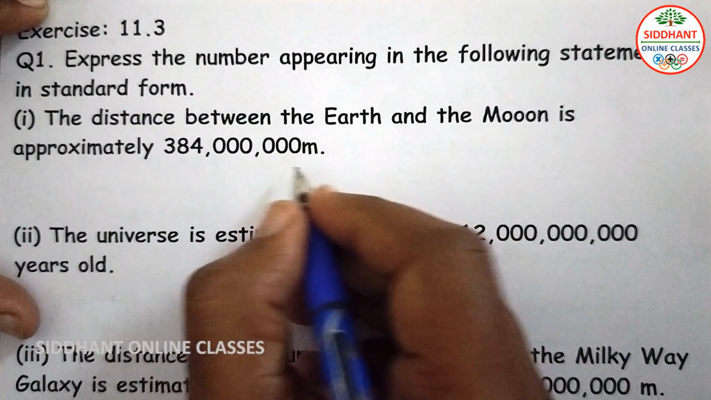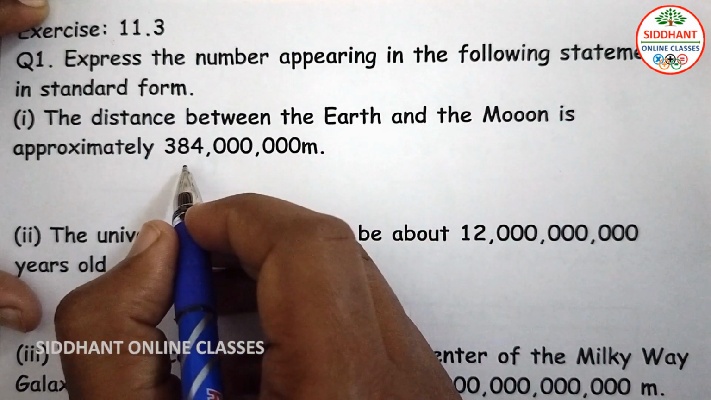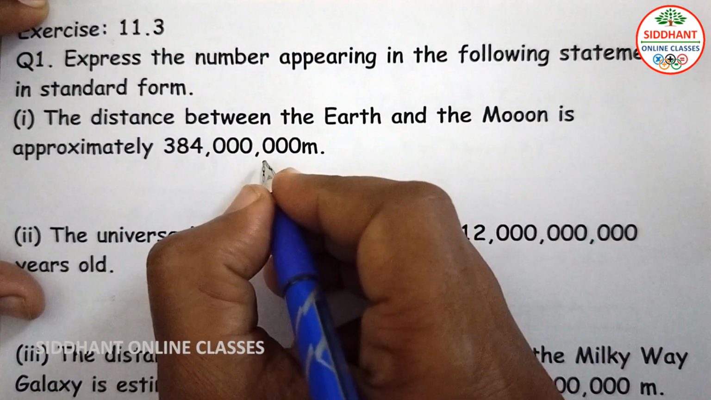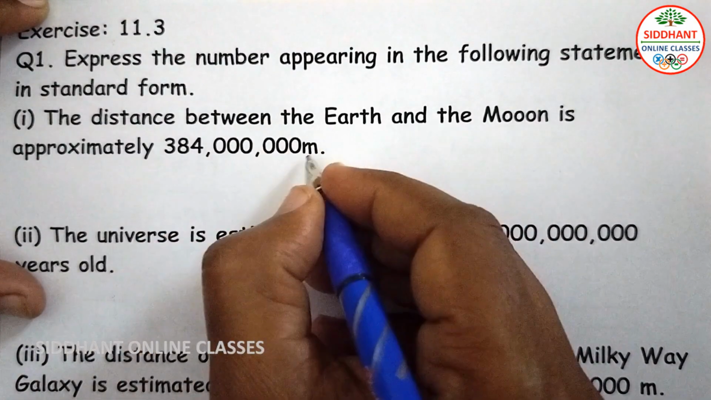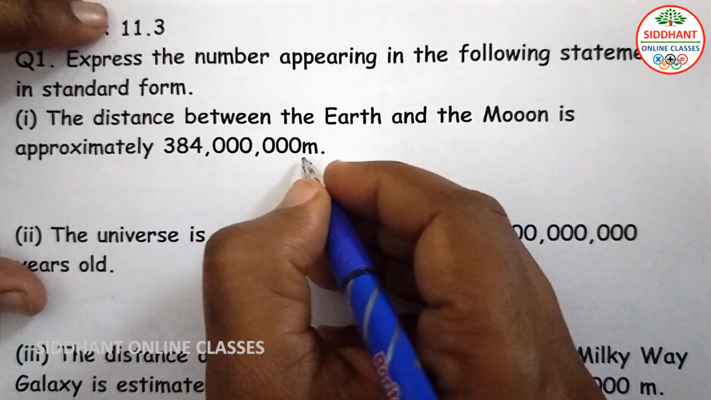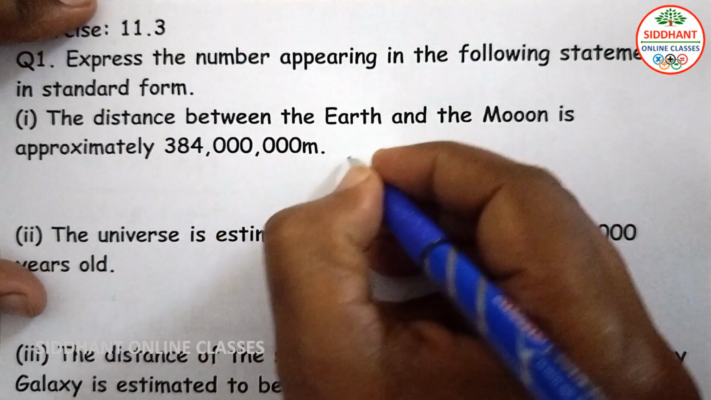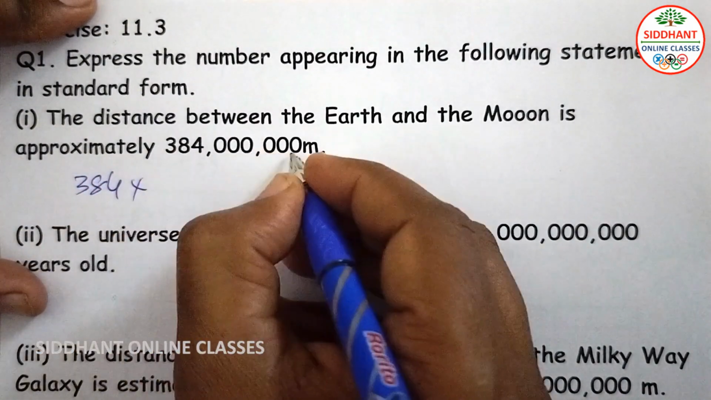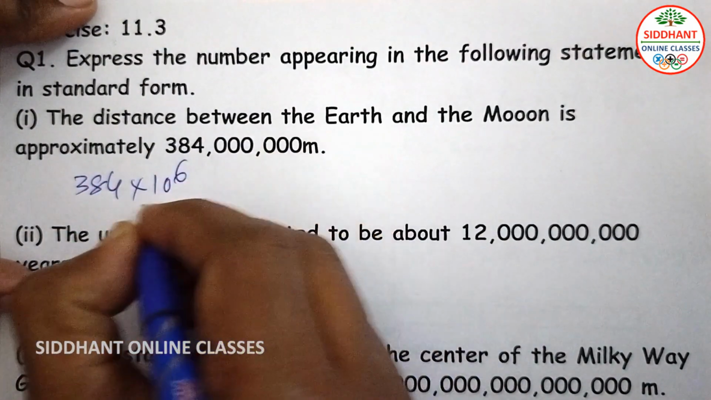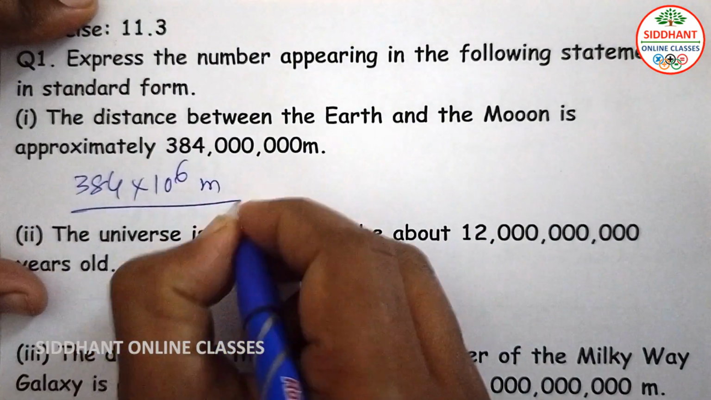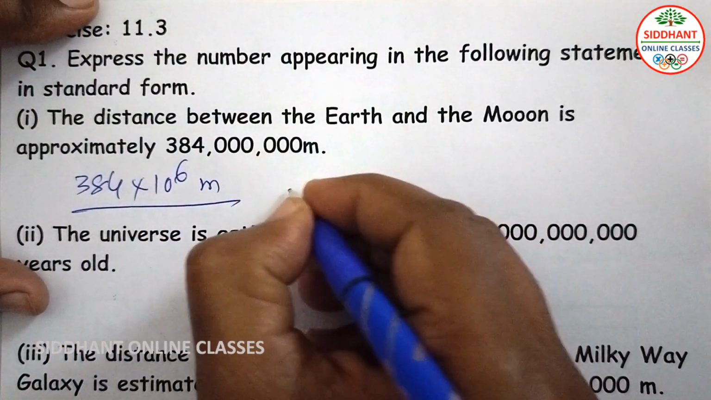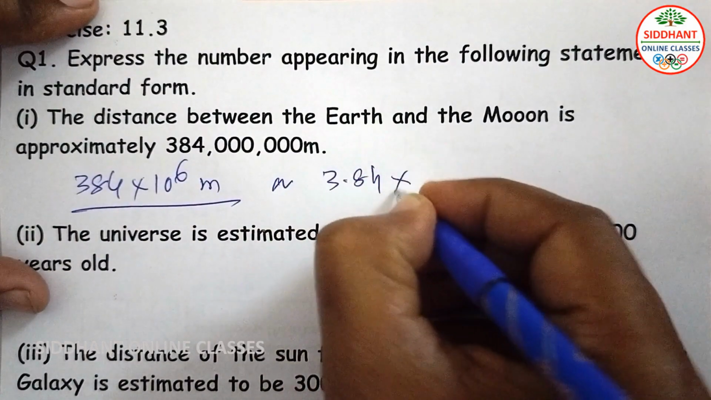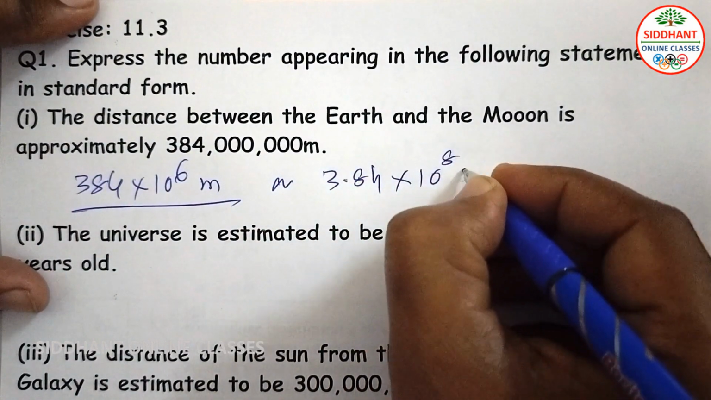3030 meters here. So, here we are going to see the exponential expression. So, zeros we are going to write in exponent form here. That means 384 into 6 zeros, that means 10 to the power of 6 meters. In this way we can write, or else we can write 3.84 into 10 to the power of 8